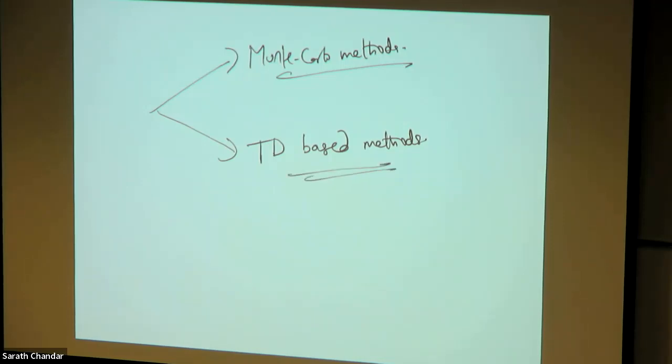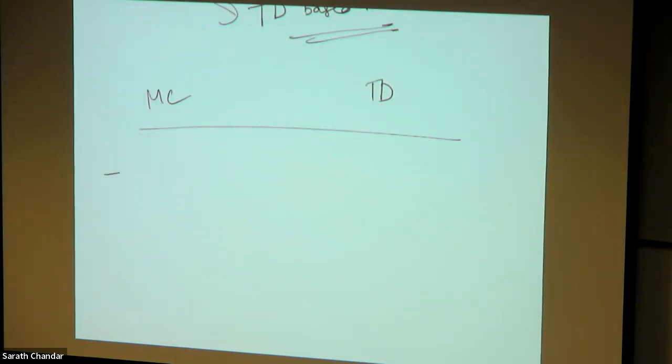On the other hand, TD is a bootstrap approach. If you have to distinguish Monte Carlo and TD, in Monte Carlo there is no bootstrapping. You have to finish the episode and then compute the average. In the case of TD, you are actually bootstrapping, because you are computing an update for the current state's value based on your estimate for the next state's value. You do this one step when you do one-step TD.